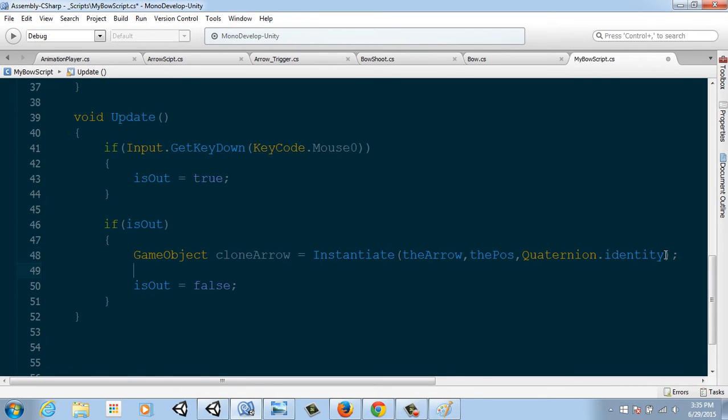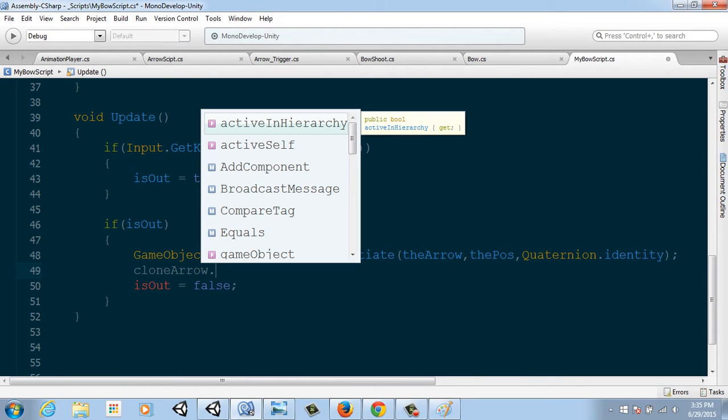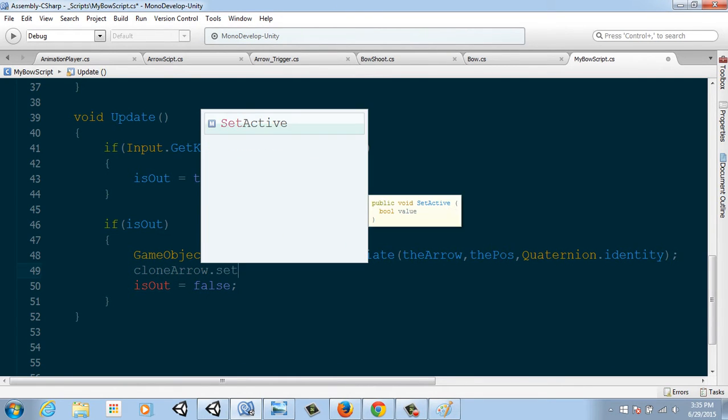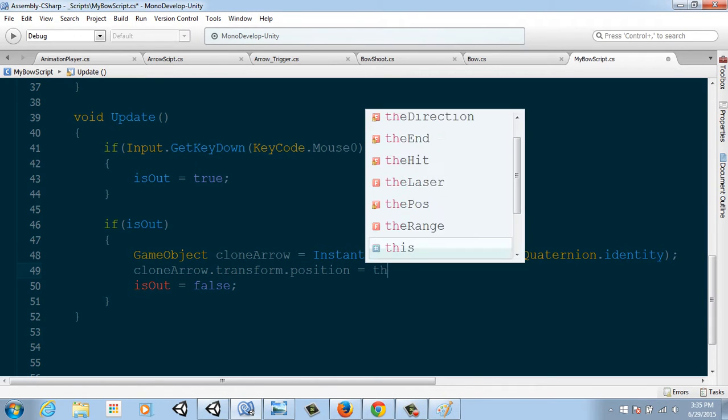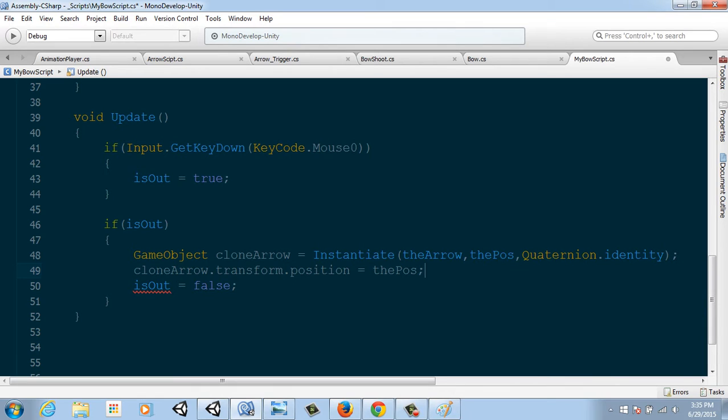So now we'll access that clone arrow dot transform dot position. We'll set its position as the position of clone arrow. Now the rotation is what's important. So the rotation is equals to this dot transform dot